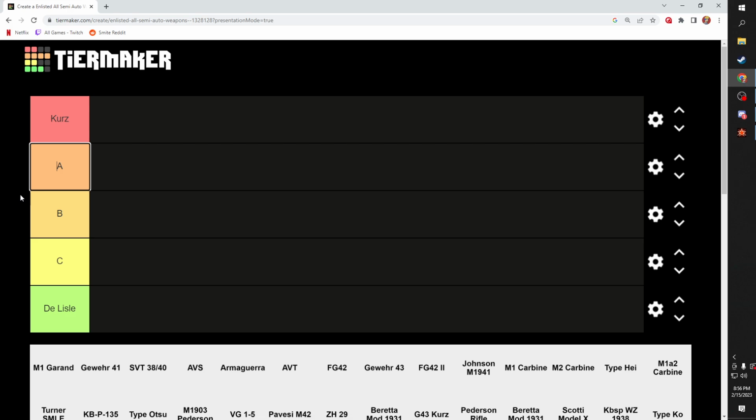This time, we're hitting up every single semi-auto rifle in Enlisted, as well as all of the select fire weapons, gold orders and premiums included. So we're going to be running through this as quickly as we can, starting off here